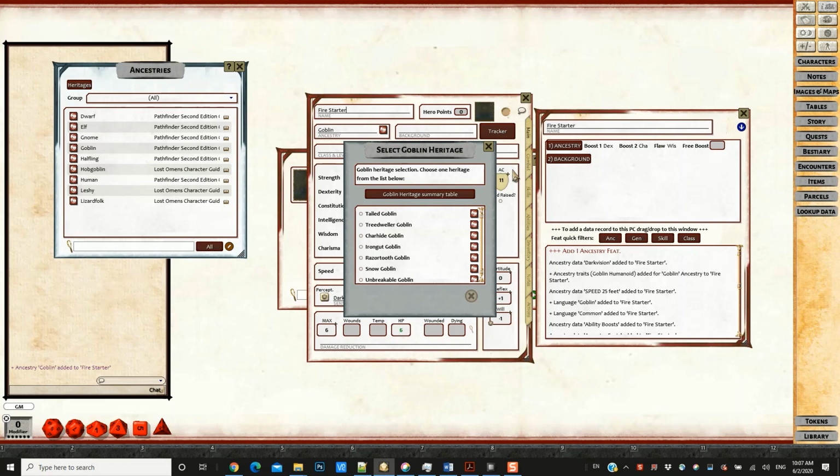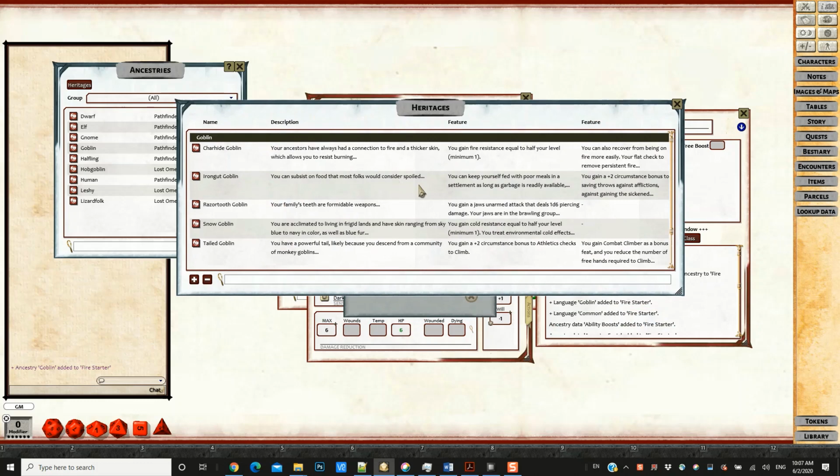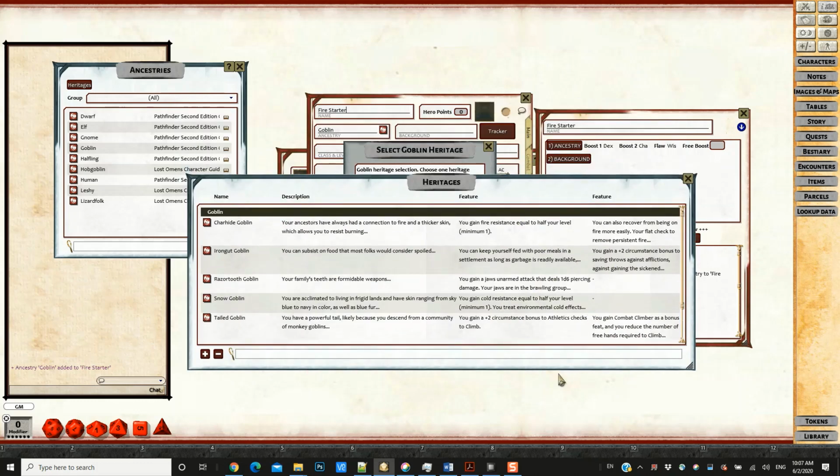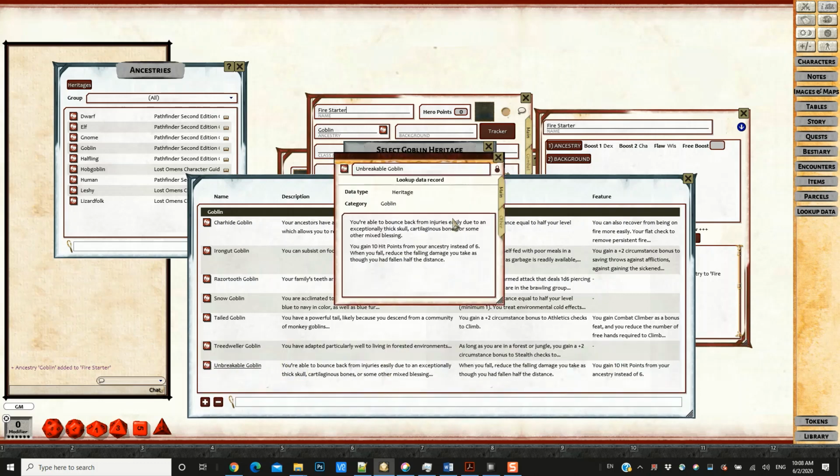And as part of this, it says select Goblin Heritage. So it lists all of the Goblin Heritages available from the core rules and the Lost Omens character guide. Previously, I would have had to click each individual one to find out what they get. Now I can just click the Goblin Heritage summary table, and it just shows me the heritages from the lookup data. So I can have a look through this and see what's going on, which ones I'd like to actually select. I'm interested in the Unbreakable Goblin because, as I mentioned before, there is actually automation applied